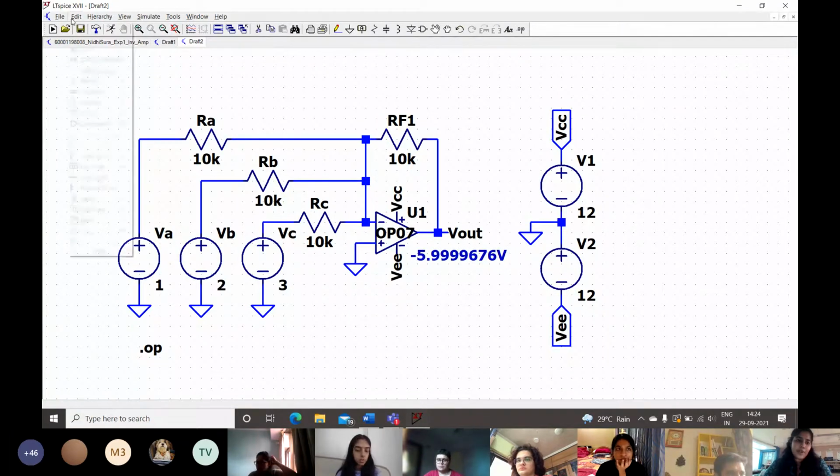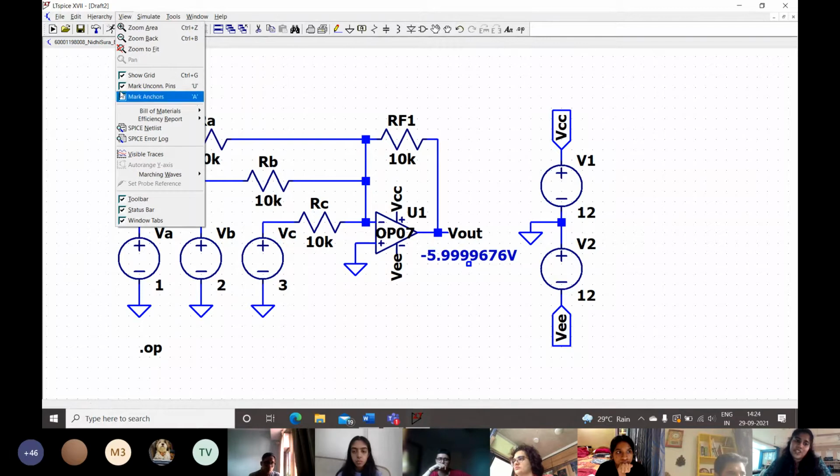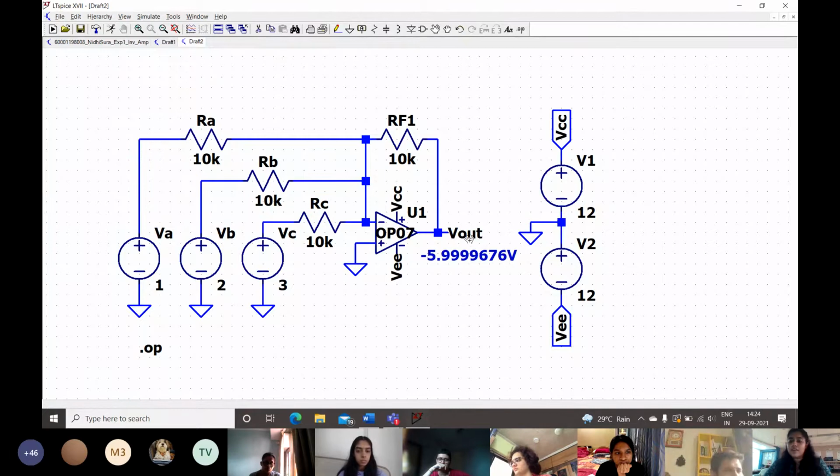Now, usually what will happen on your LTspice is that there will be a pin like this. Do you see the square that's floating around underneath my value? If you want to remove that, you can simply click on view and uncheck mark unconnected pin right here. So your value is just by itself, not floating over some pin. You can just drag it around to wherever you want. And yes, as we can see, our output value is correct. It's pretty close to minus 6 volts, and our theoretically calculated value was minus 6 volts. So our first circuit is working.